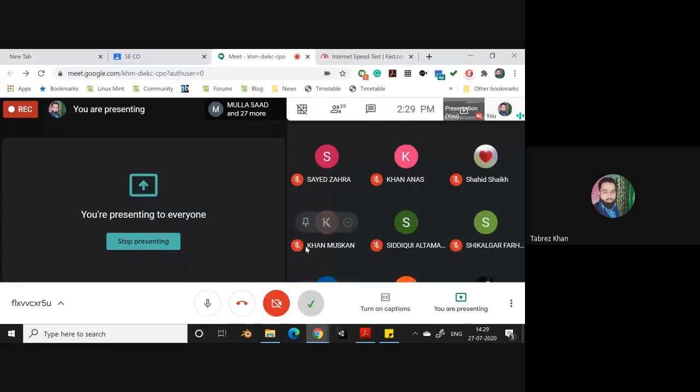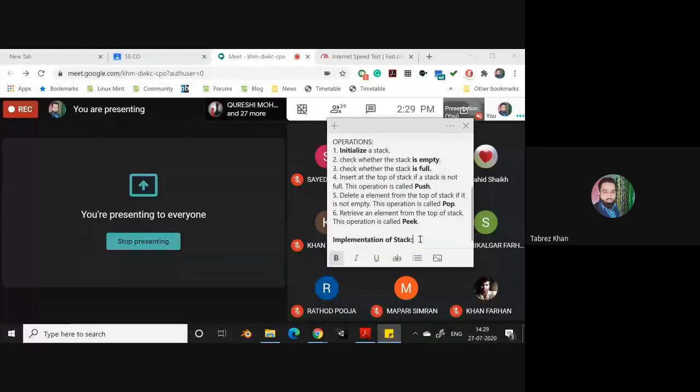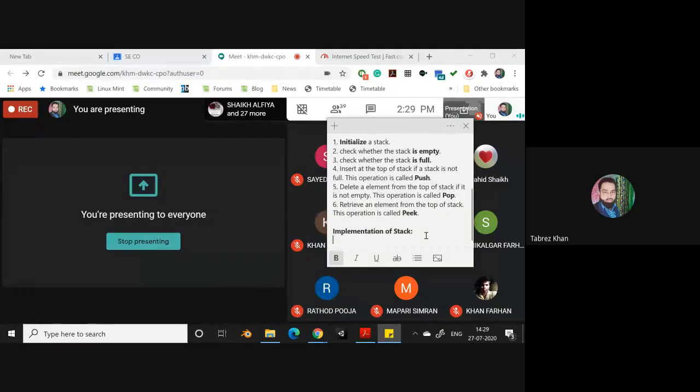So now the next point is implementation of stack. In the implementation of stack, we'll come to know how the stack is represented in the memory. So when you say implementation, it's all about putting that data structure into the memory. How we are going to have a stack in memory, that we are going to see in this implementation part. Now it can be done either by using arrays